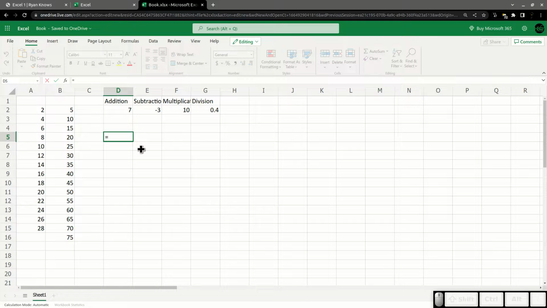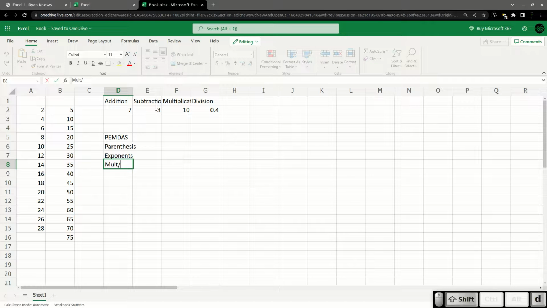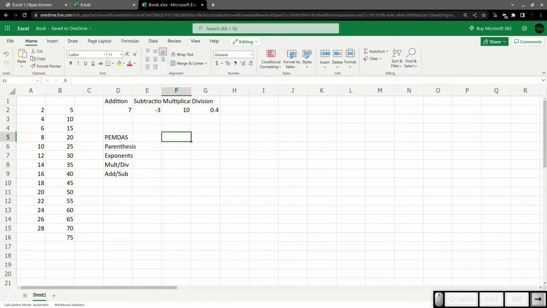PEMDAS: parentheses, exponents, multiplication, division, and addition, subtraction. I grouped these ones together because it doesn't do multiplication before division, it moves left to right. So if there's division before multiplication in your equation, it'll do that.